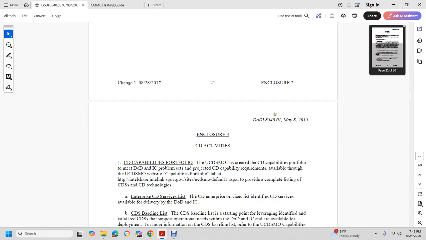Department of Defense Instruction 8540.01, May 8, 2005, Enclosure 3, CD Activities. Cross-domain capability portfolio: the cross-domain solution MO has created the cross-domain capability portfolio for the DoD in